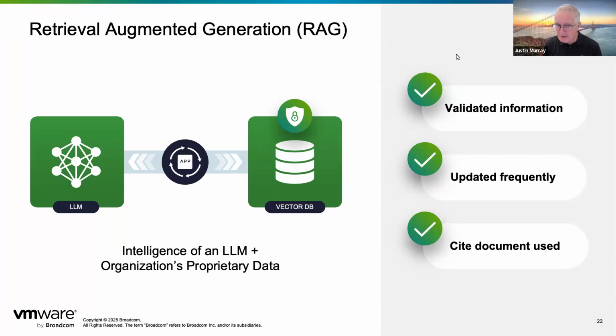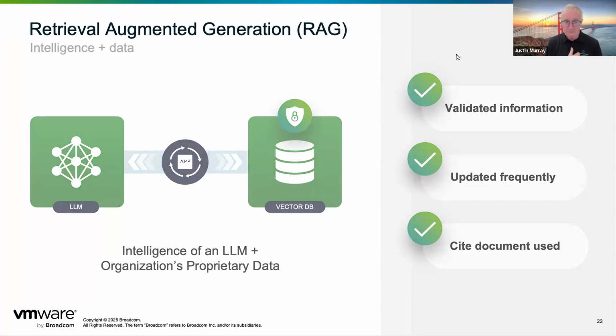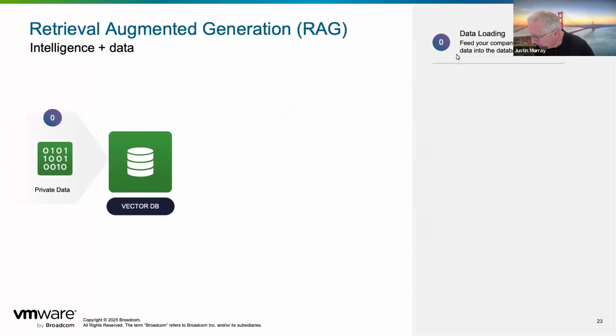We are sure that the data that we put into the vector database, because it's private, it's held in-house, is good, validated company data and clean data. And we can also now cite the document that was used to answer any query. So distinct benefits that we get from this design. The design is essentially combining the two components on the left-hand side in a particular sequence, which I'll go through with you. Okay. Questions so far?